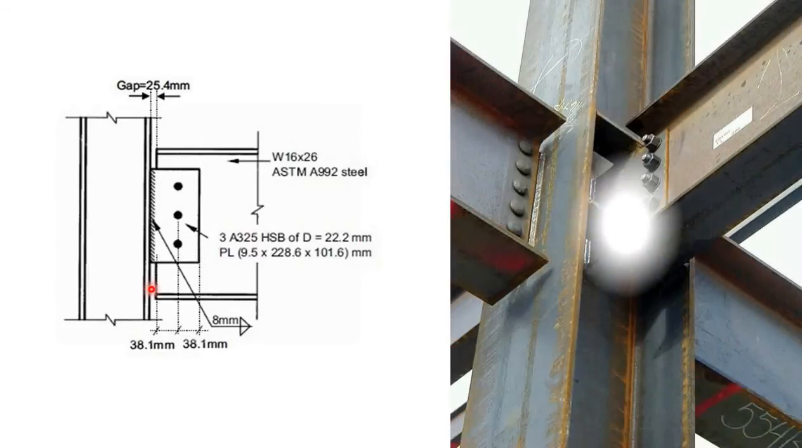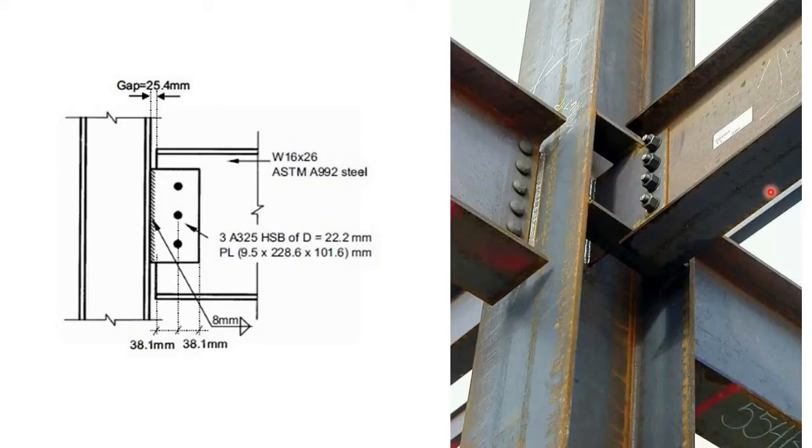Clear? And in real life, if you look closely into any shear connection, it looks something like this. Here you can see this is the beam, and this beam is connected with this plate through these 4 bolts, 1 2 3 4. And this plate is connected with this column through this weld. Here you can see this is the weld. So you have understood the basic configuration of any shear connection. Similarly, this beam is connected to this column through this bolt, and the plate is not visible, it is on the other side of the web, and finally the plate is welded. This is the weld with the column. So this is the basic configuration of any shear connection.